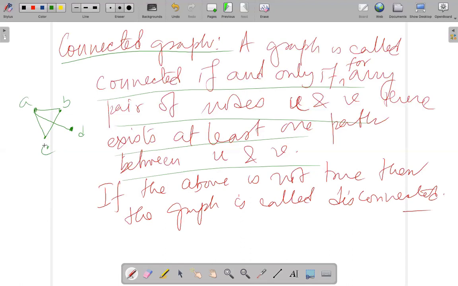For instance, if you pick up C and want to go to D, you have CA and AD. Similarly, if you pick up B, you can go B to A to D. However, if the example was like this, then this would be a disconnected graph because there is no way to go to